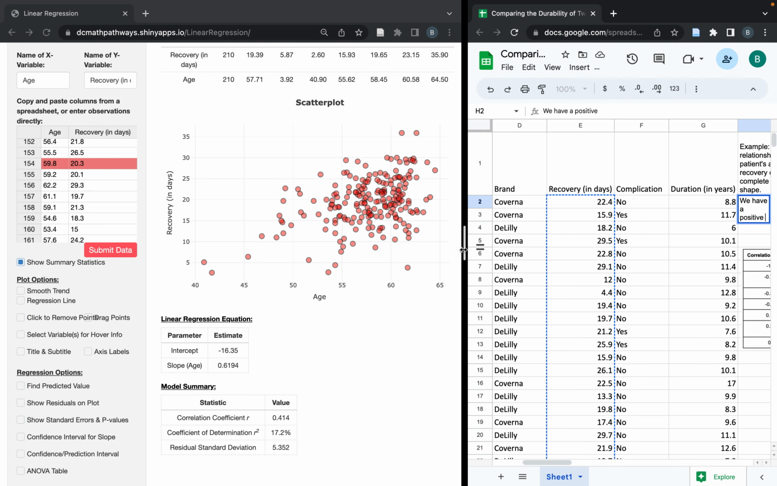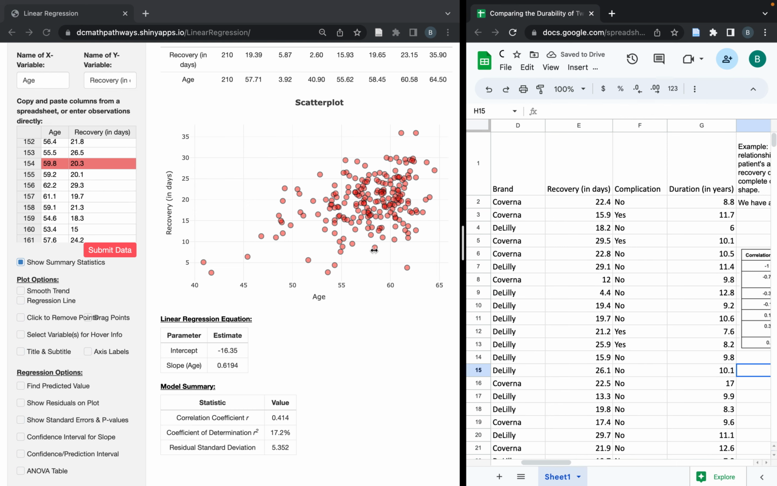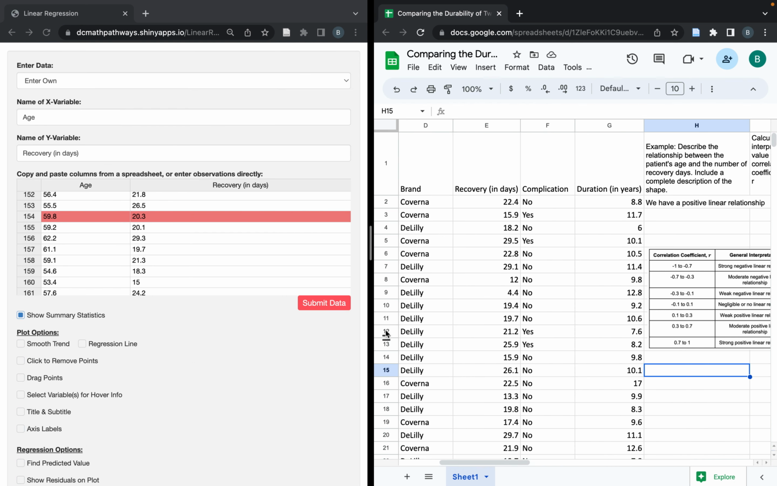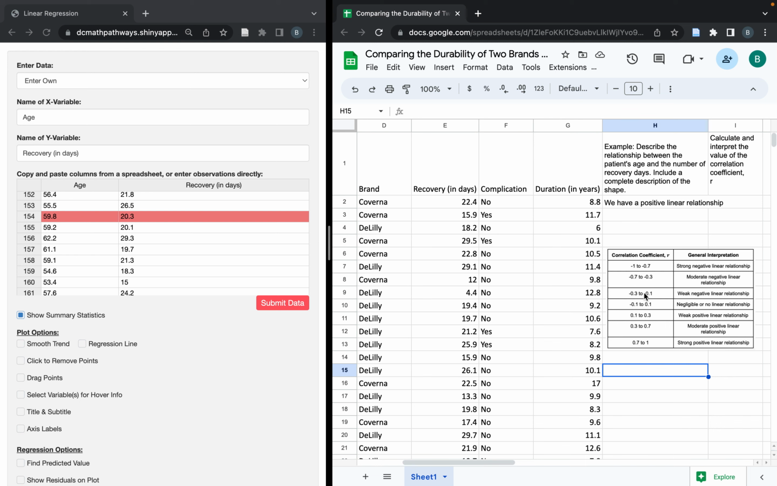So if we go back here, we don't really see any curve patterns, so we can say, yeah, that looks like it should be a little bit linear here. So a positive linear relationship. And then what the coefficient is going to tell us is how strong this relationship is. So if we look at our table here, we're going to see which one of these that the R